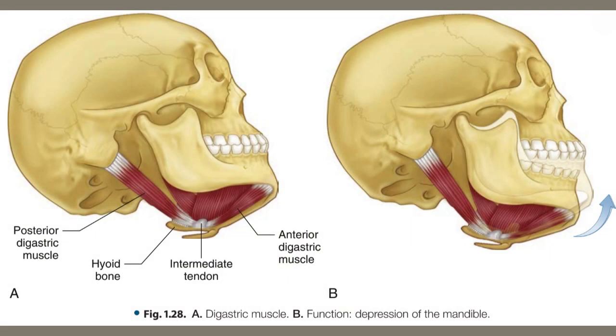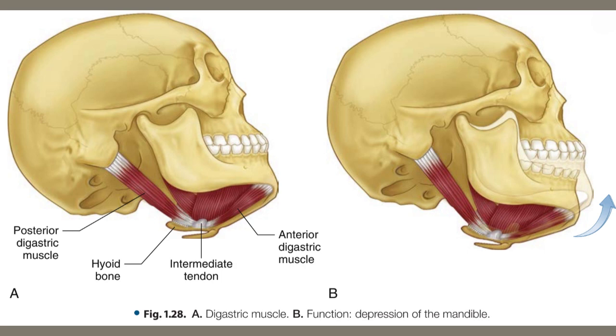Although the digastric is not generally considered a muscle of mastication, it does have an important influence on the function of the mandible. It is divided into two portions or bellies. The posterior belly originates from the mastoid notch, just medial to the mastoid process. Its fibers run forward, downward, and inward to the intermediate tendon attached to the hyoid bone. The anterior belly originates at a fossa on the lingual surface of the mandible, just above the lower border and close to the midline, and its fibers extend downward and backward to insert at the same intermediate tendon as does